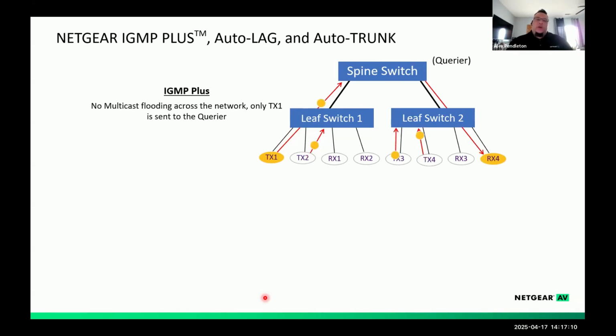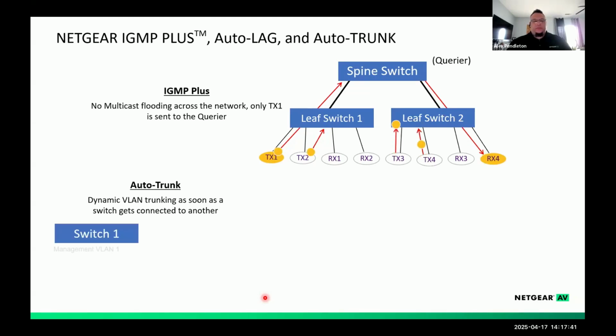Only when a subscriber somewhere else in the network was looking for a stream of AV over IP would we allow that transmission to flood back to the spine switch and out to the edge switches. As soon as we placed the firmware, it just absolutely resolved the issue and allowed this dynamic experience. It was quite the experience for the integrator who had been fighting with this issue of erroneous flooding for quite some time. So we were able to achieve that with IGMP Plus.